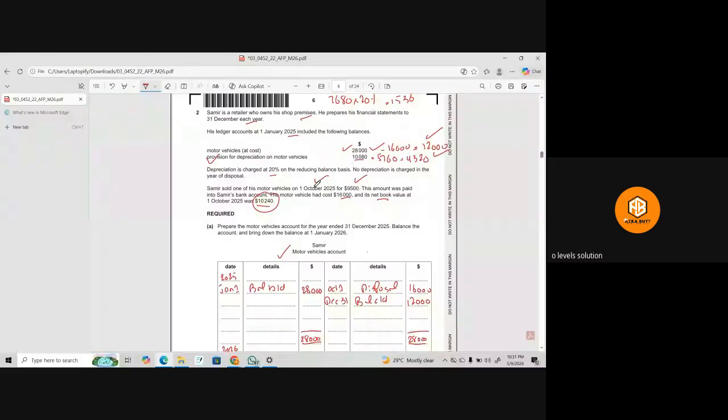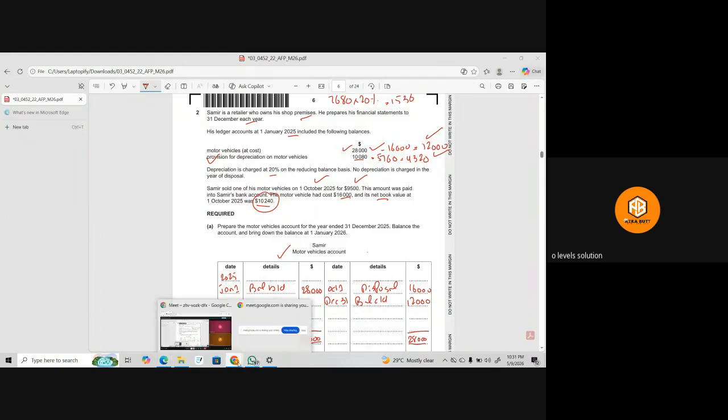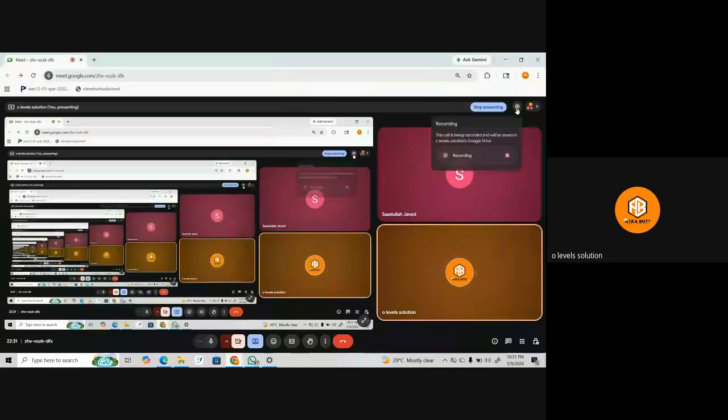ठीक है, अच्छा एक सेकंड, मैंने आपको एक शीट सेंड की है एग्जाम्स वाली।